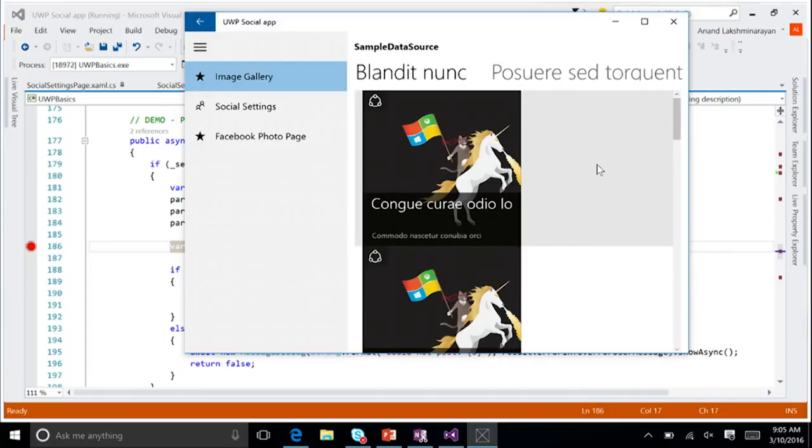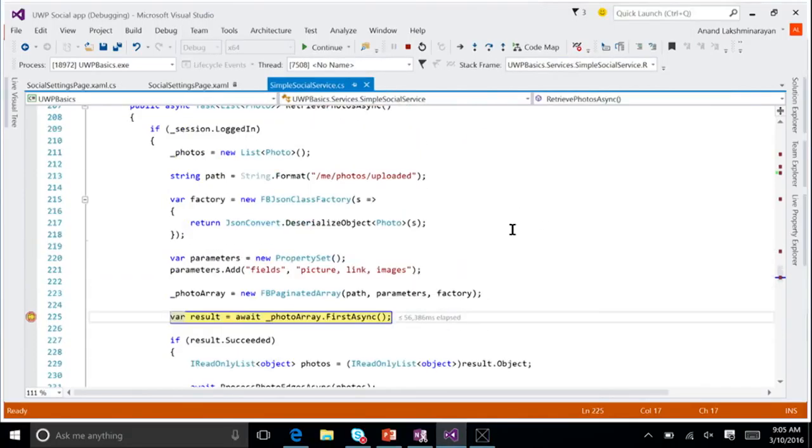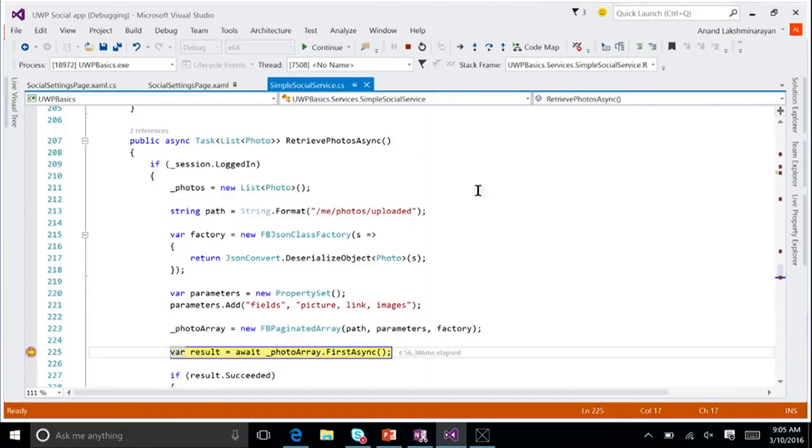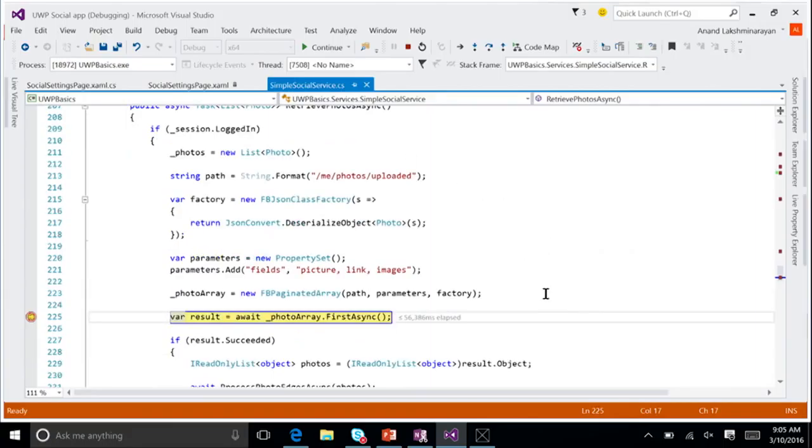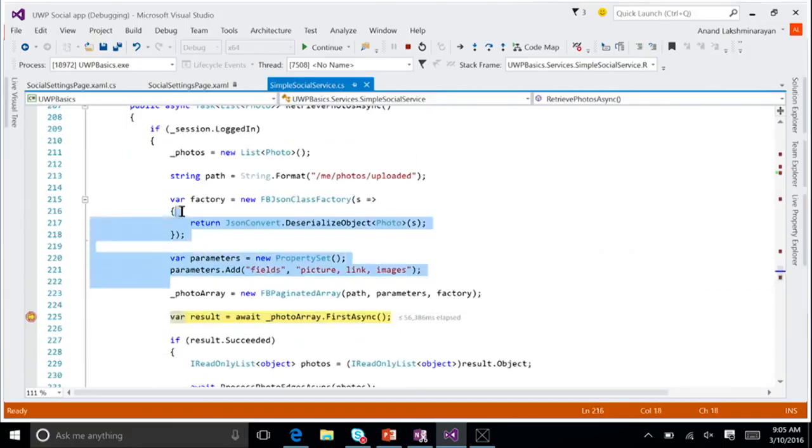Now the last feature I want to talk about is how to make a Graph API request using our SDK. And to do that, I'll jump to the Facebook photo page. Now you can see I have a breakpoint here at the retrieve photos async function. For every Graph API request, you'll need three pieces of information: the path, the parameters, and the factory. The path is the actual Graph API endpoint you're hitting. In this case,